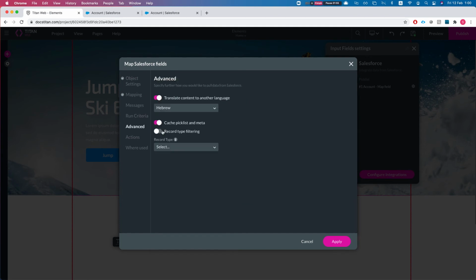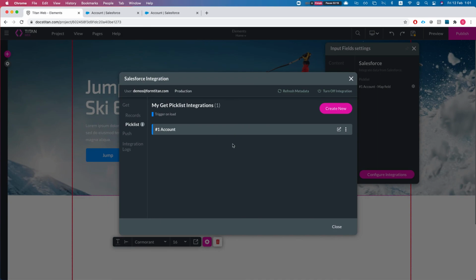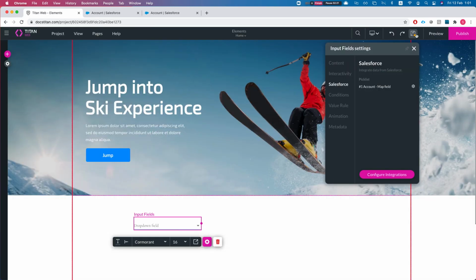Perfect. If I head over to the advanced, I can see that I can bring in filter by record type, and then I can select my record type either from any value I have on the project. You can do it from a parameter, you can do it from anything else static, or you can just do other and type in your record type. Before we do that, let's just leave this as it is. We'll save it